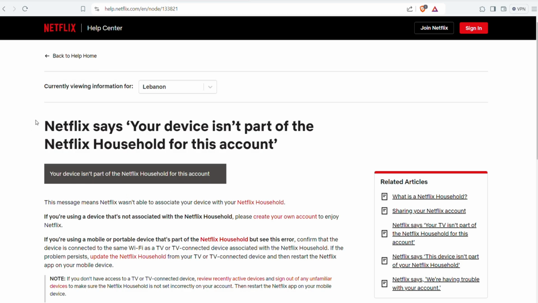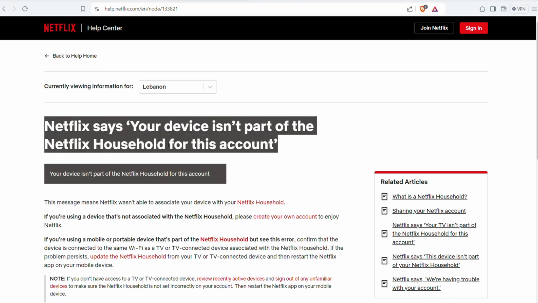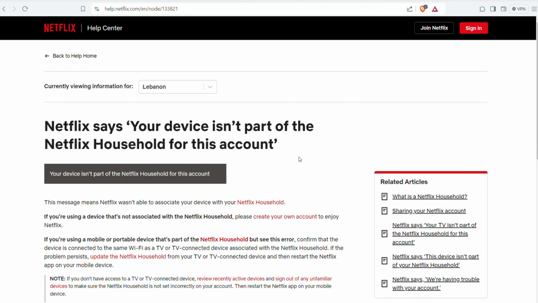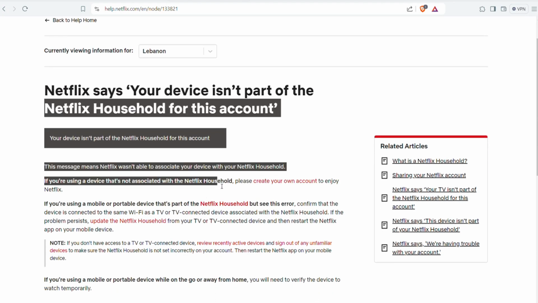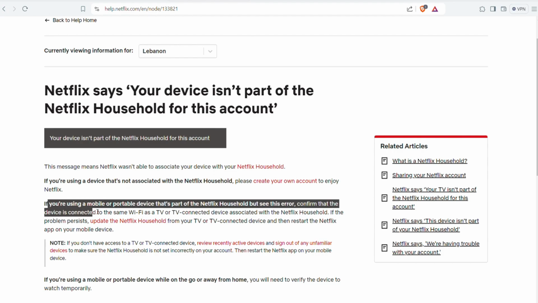So today I'm gonna show you how to fix the "your device isn't part of the Netflix household for this account" error. If you see this message, "Your device isn't connected with the Netflix household. Create your own account to enjoy Netflix." If you're using a portable device that's part of the Netflix household but you see this error,